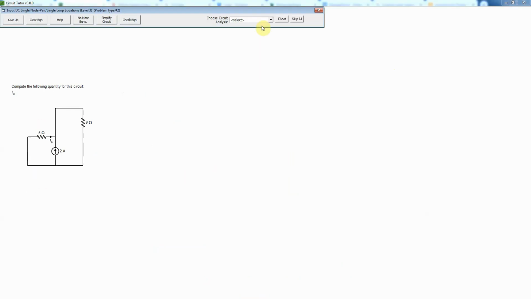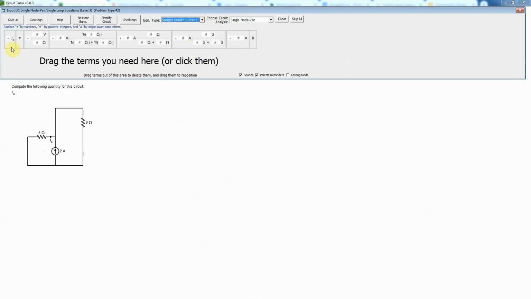And now we have a single node pair circuit to solve. So I'm going to do single node pair analysis. It's not a single interior mesh, as you can see. And I need a sought branch current, so I would pick that type of equation. And my I0 now is going to equal what? Well,